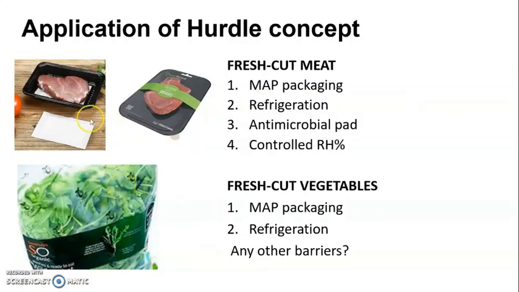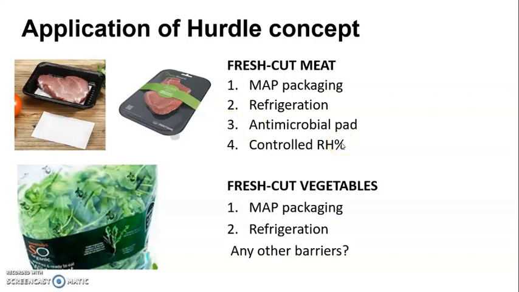MAP packaging can also be used to extend the shelf life of the meat. However, if we want to make sure that the shelf life can stay even longer, of course we want to add more barriers for spoilage microorganisms to grow on meat. So on top of MAP packaging, we also add an antimicrobial pad here to add another barrier. And once you pack it, of course, you want to store it at a refrigerated temperature because you don't want the temperature to rise to, for example,